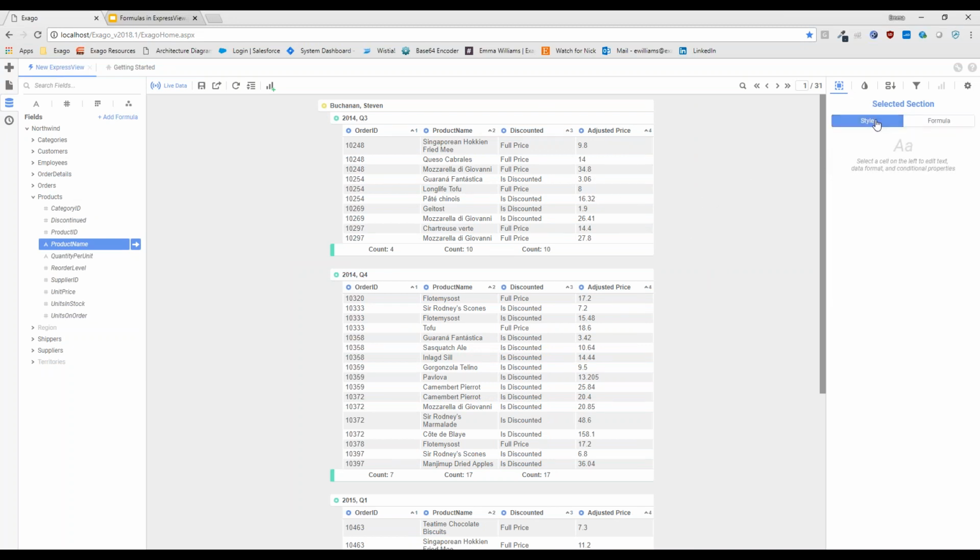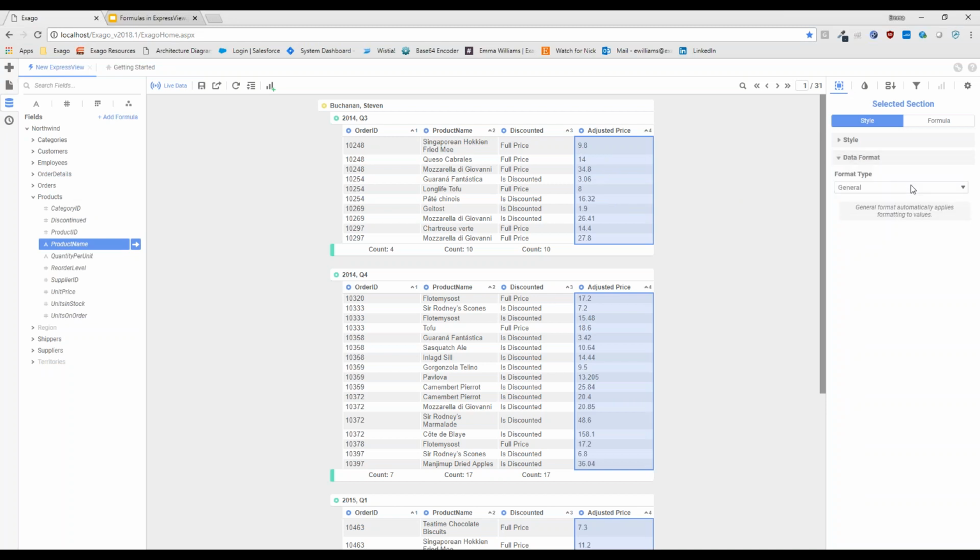I'd like to take a moment to just talk about the style option of my selected section menu. We've used the formula submenu over and over again, but we haven't yet used the style menu. The adjusted price is a great place to do so. So this is a price, we know that, but it doesn't really look like a monetary value.